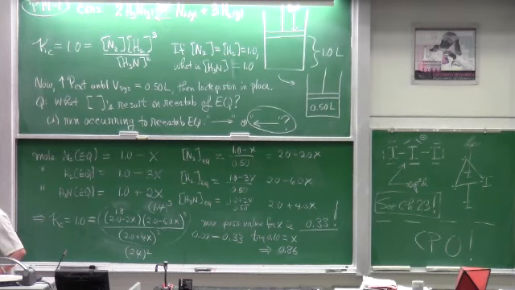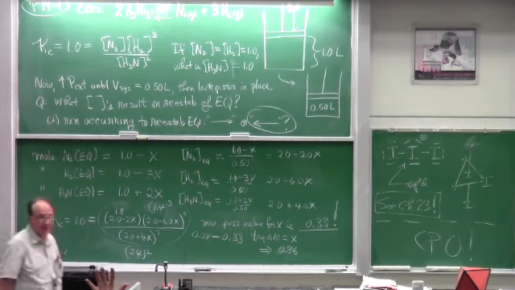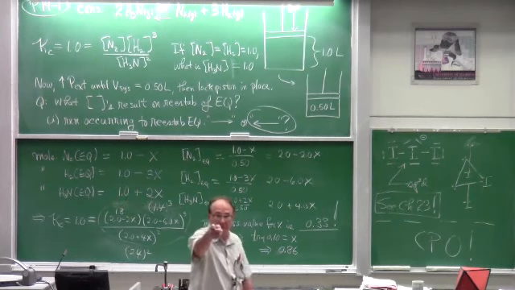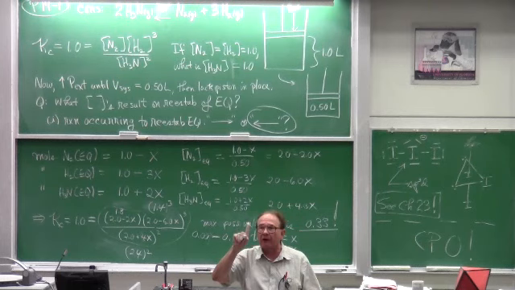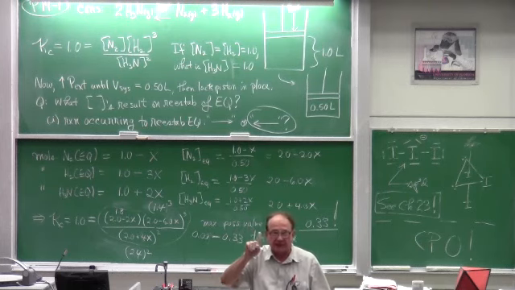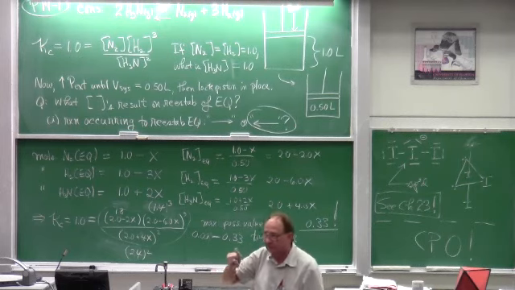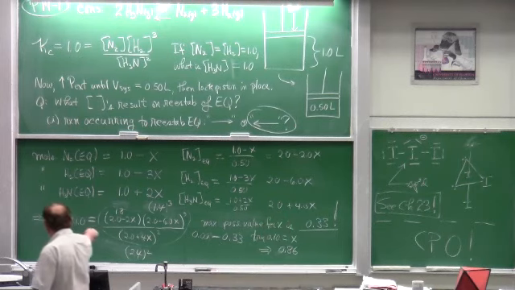What's this tell me? 0.86 is not quite 1.0. The numerator is too small, so I want to know about x. Is x tried at a value of 0.10 too big or too small? Too small. Because this term tells us